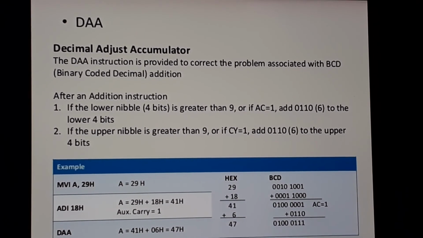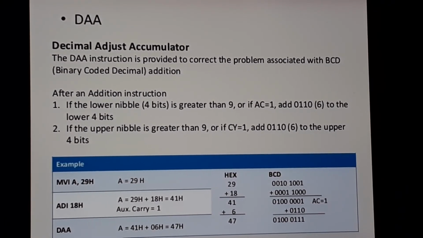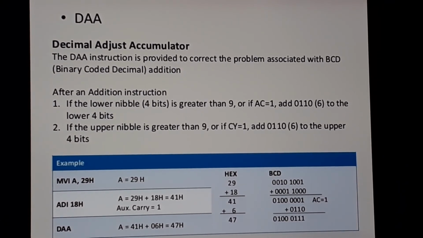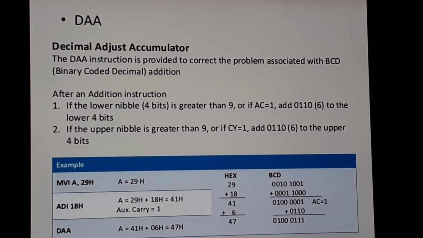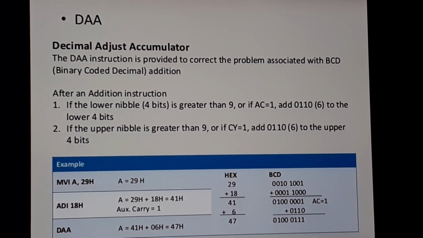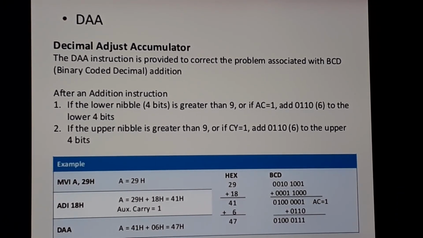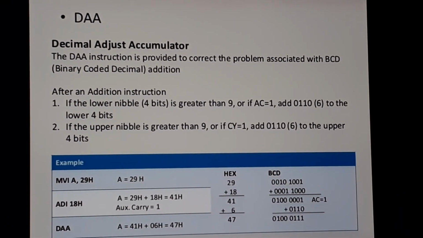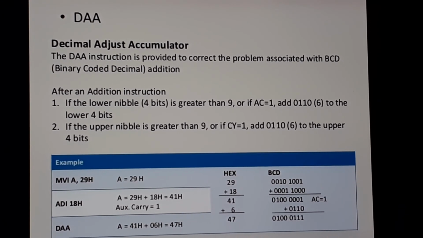If you see the lower order bits, which is 4 bits, is less than 9, and also the higher order is less than 9, then you will not add anything. But suppose you are getting something else, that is FE or AC, that means it is greater than 9. A means 10, C is 12, so hence you will add 6 to whichever is greater than 9, to adjust your answer. Okay, so DAA stands for decimal adjust accumulator, which is nothing but to correct the problem that is associated with binary addition, by BCD addition.